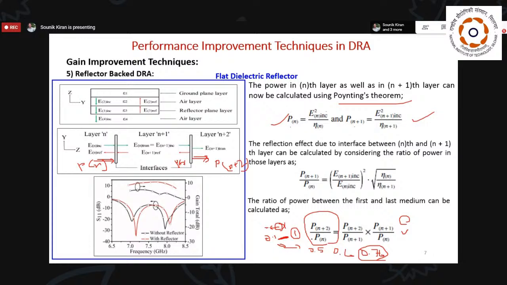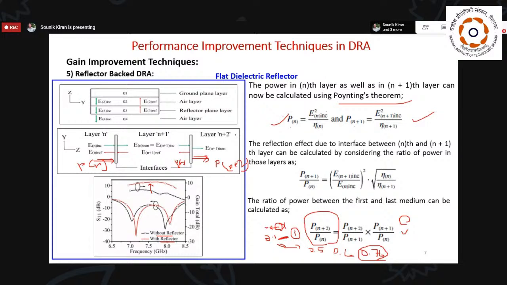After finally calculating the value, we designed that same structure in HFSS, and we can see here the S11 performance without reflector and the S11 performance with reflector. What we found is that the S11 performance changed a bit, but overall the change is not that significant. However, there is a significant improvement in the gain. The gain has increased by more than 5 dB. So we find this technique and calculation very effective in enhancing the gain of an